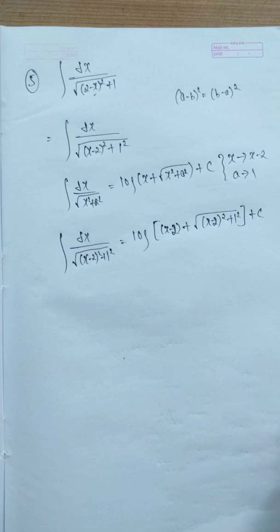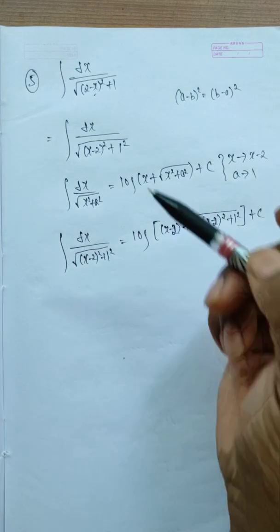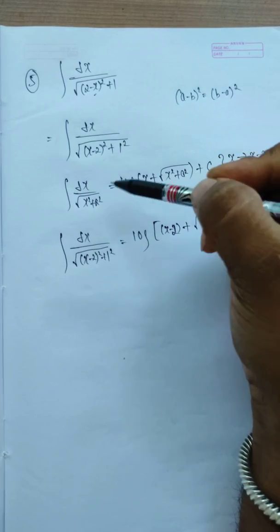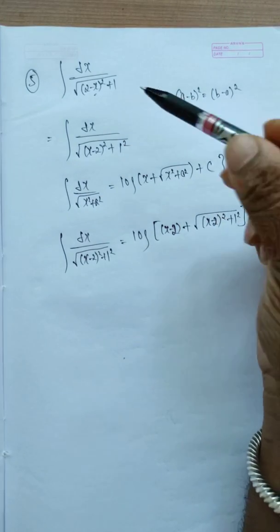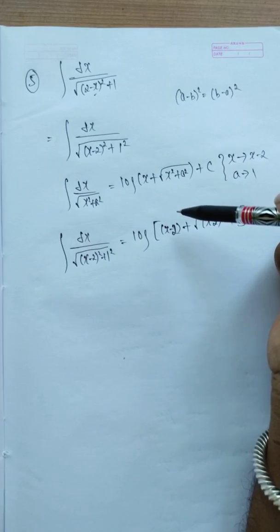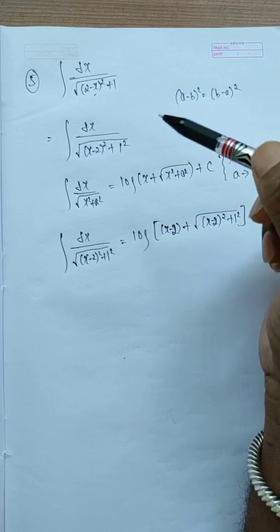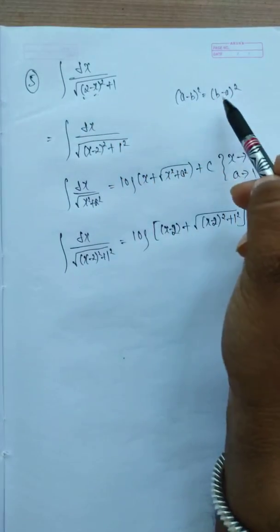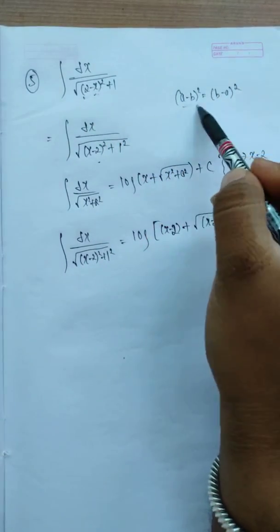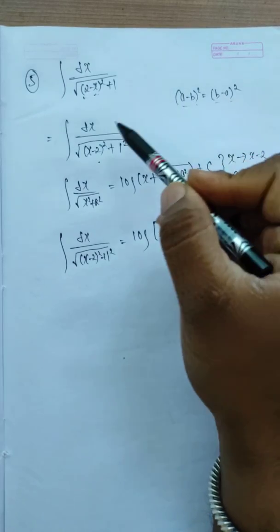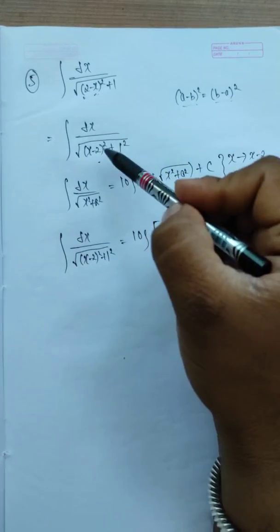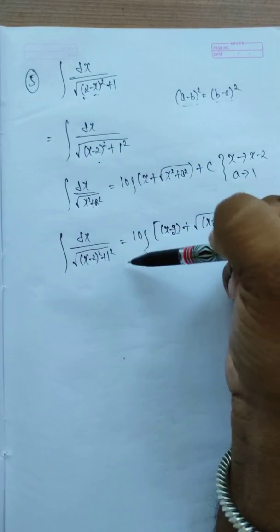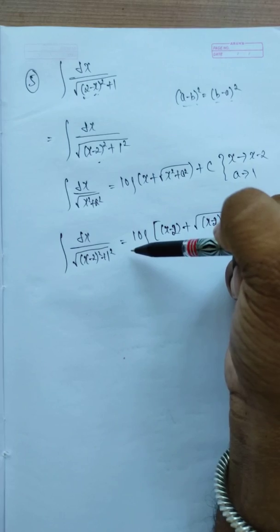So once again I am repeating, just listen here. Here I am changing the given problem to a perfect square and you want to compare the problem with the standard form and we are substituting. This is the step you want to follow. For every problem we are doing like this only. Here in this particular problem I am writing this 2 minus x whole square as x minus 2 whole square because a minus b whole square is equal to b minus a whole square. Why I am doing this? On the integration we have an x coefficient, so you would have to write 1 by minus 1 and it would be confusing for you people what to do with that minus sign and all those things.